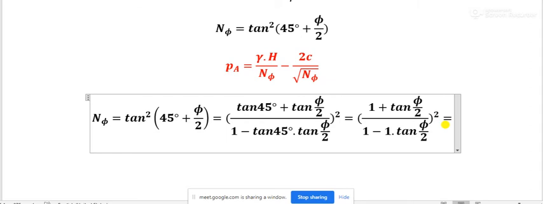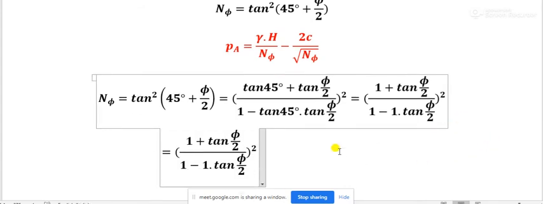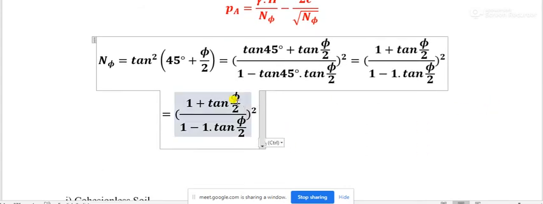Now there is a square, or you may modify this equation as